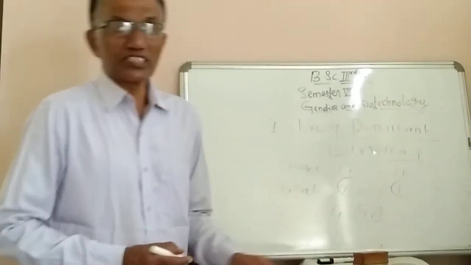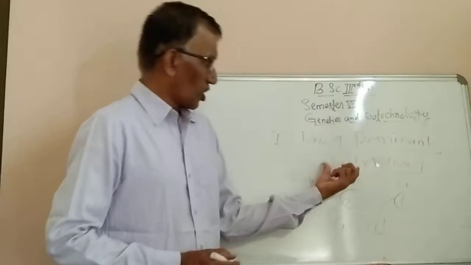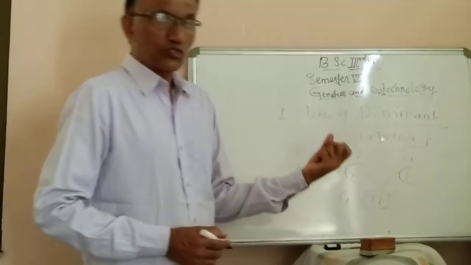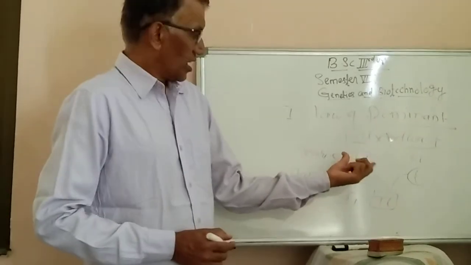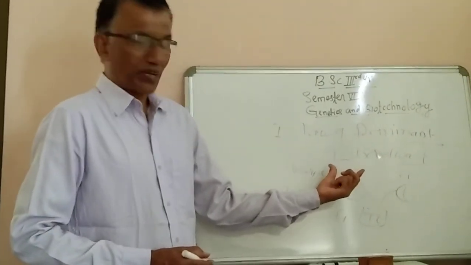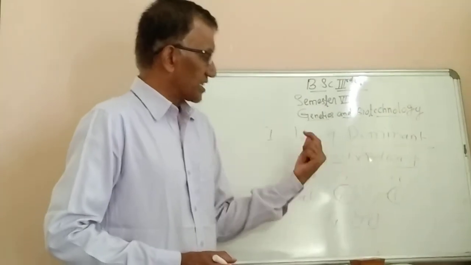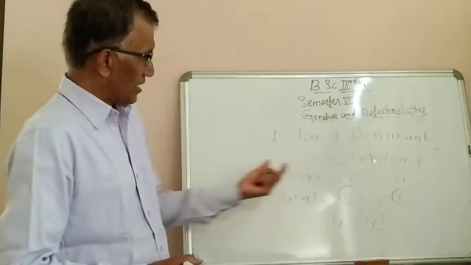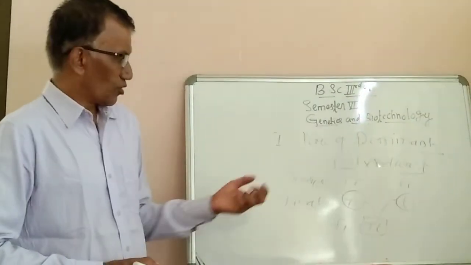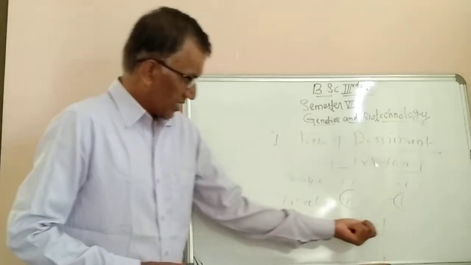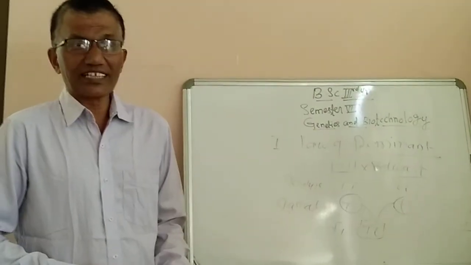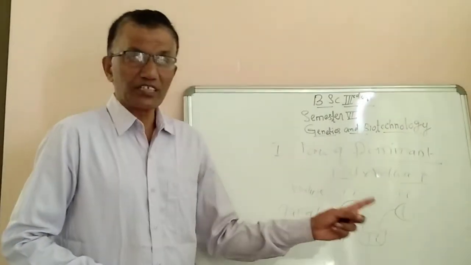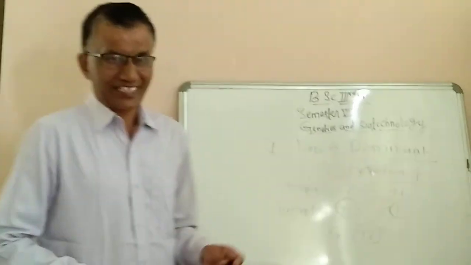So this condition is known as the heterozygous condition. This is homozygous tall, and this is homozygous dwarf. Why is it known as homozygous? The genome of these tall plants has capital T, and the genome of these dwarf plants has small t. Therefore it is a homozygous one. So in all F1 plants, the first filial generation, the genotype is capital T small t, which means it is a heterozygous condition.